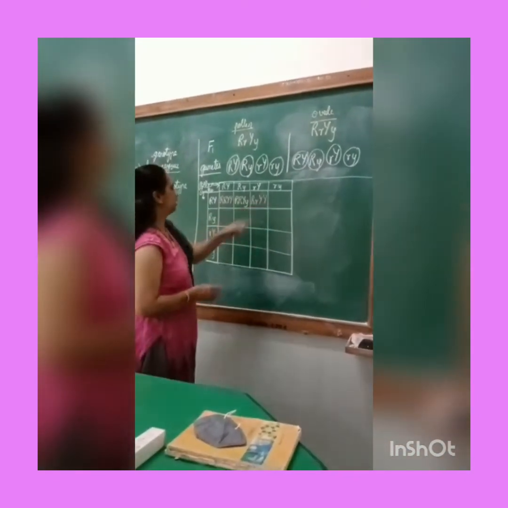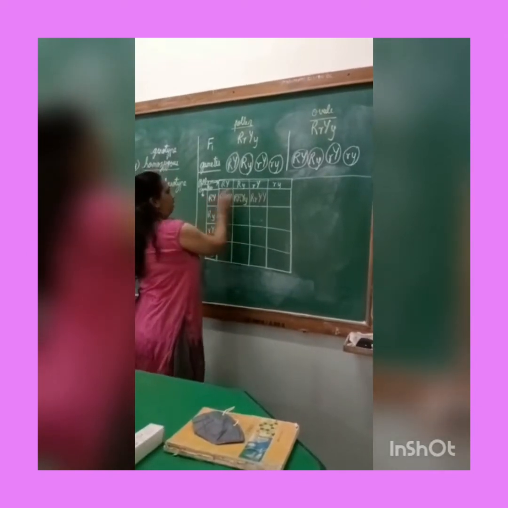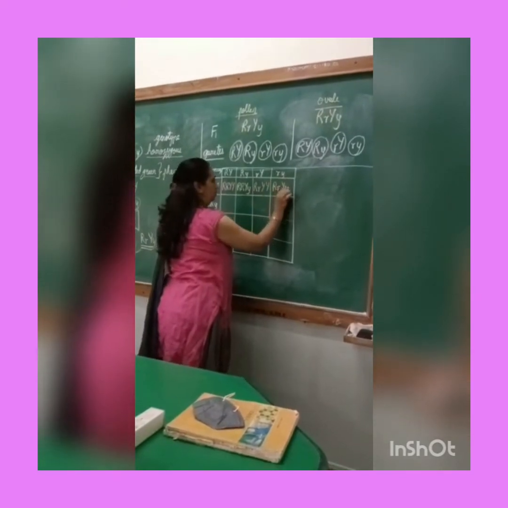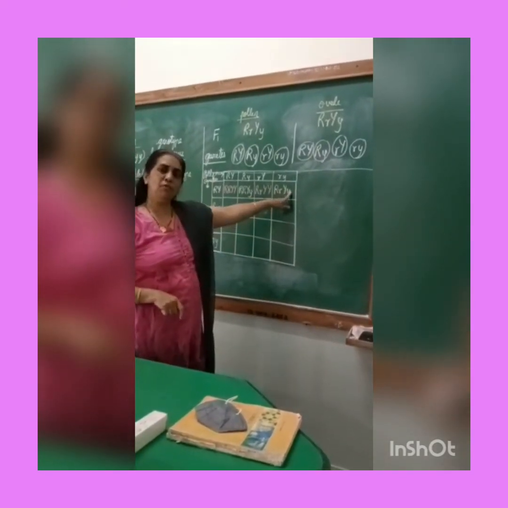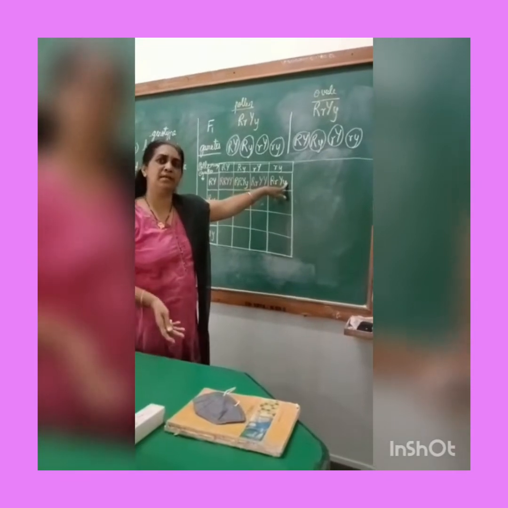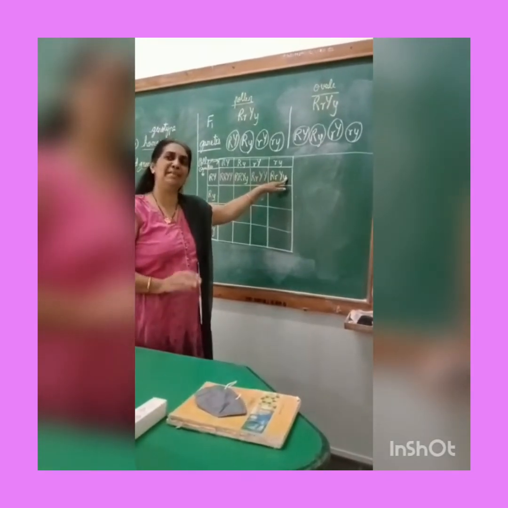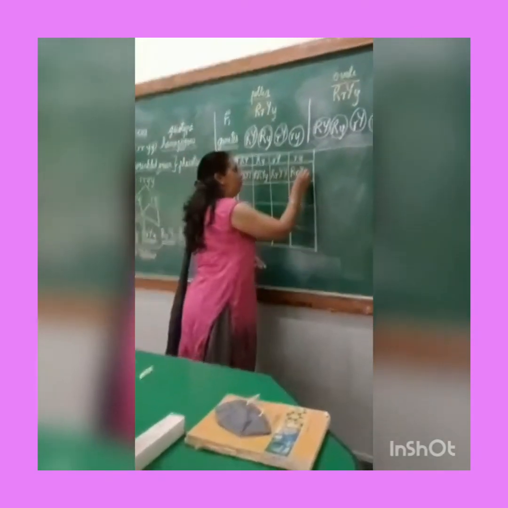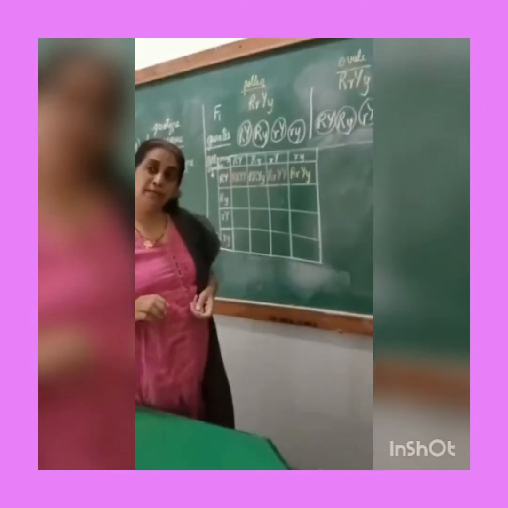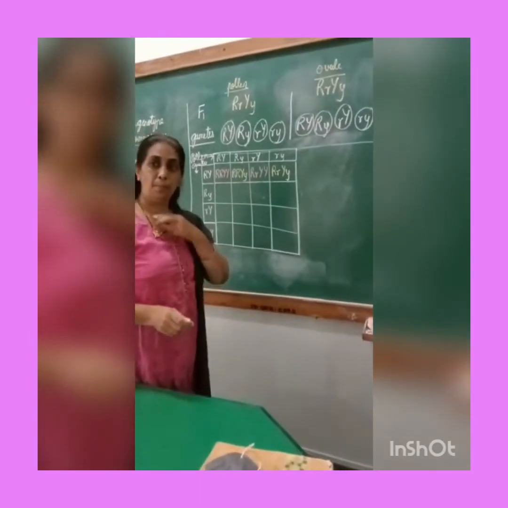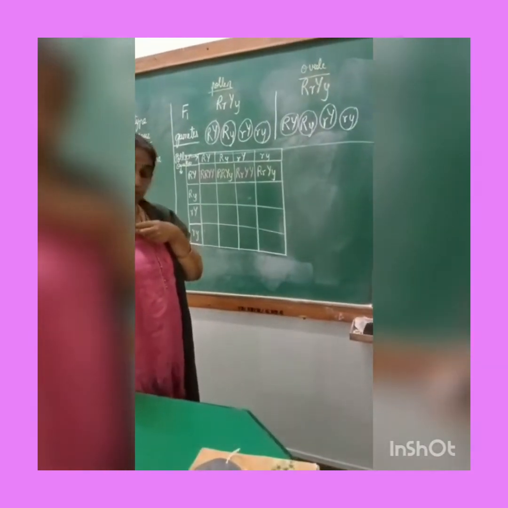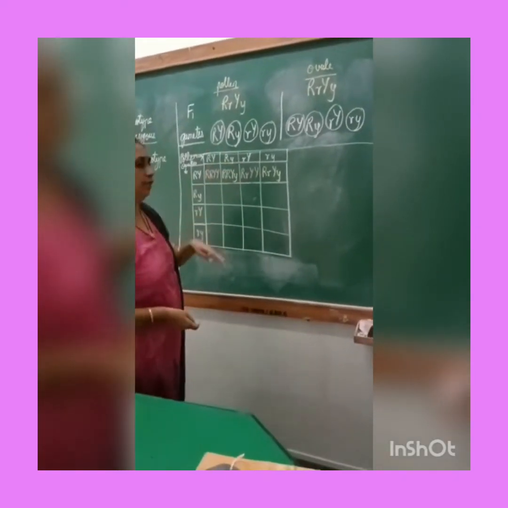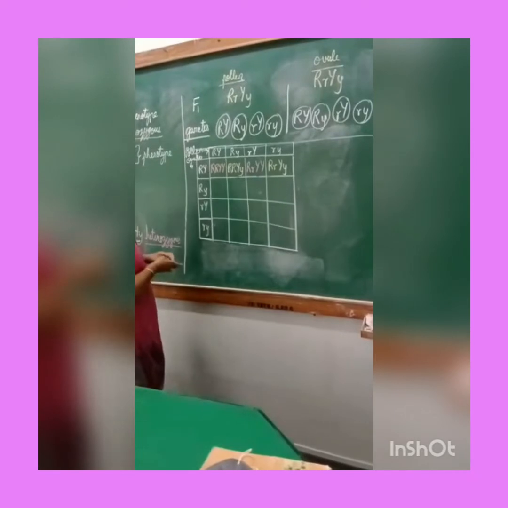Okay. Now let us see the next combination. Capital R, small r. Capital Y, small y. What do you think? How will this seed look? Now the genotype is again different, but the phenotype will be the same. It will still be rounded and yellow because one dominant gene is present. So understand here that genotype is different in each case, but phenotype is the same, at least for all of them. Okay, let us go to the next combination.